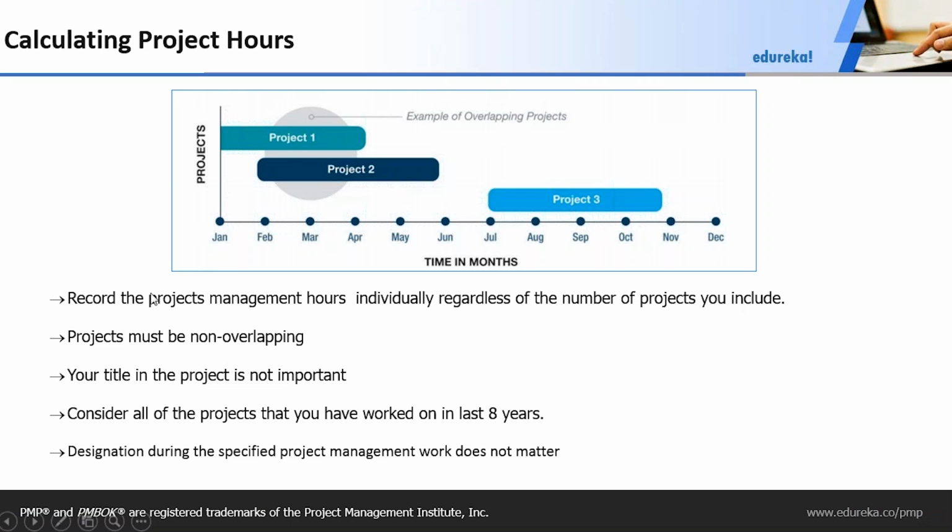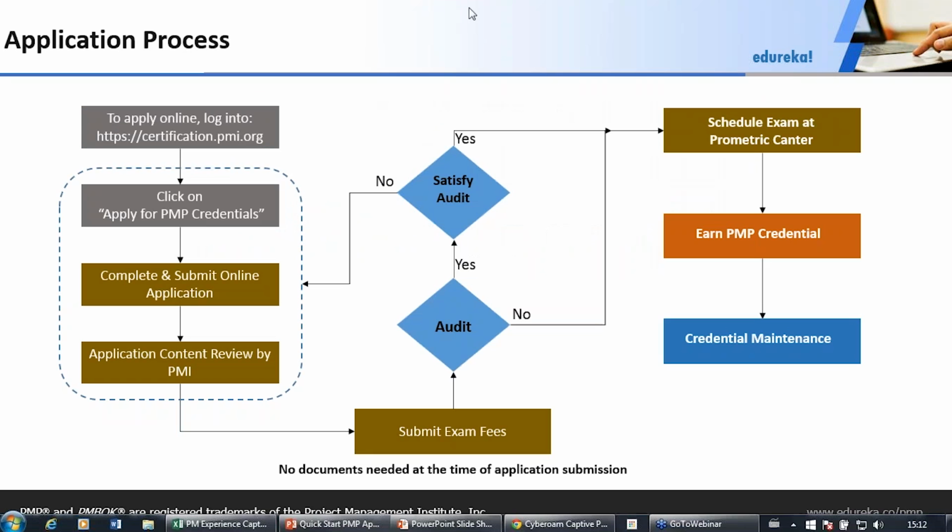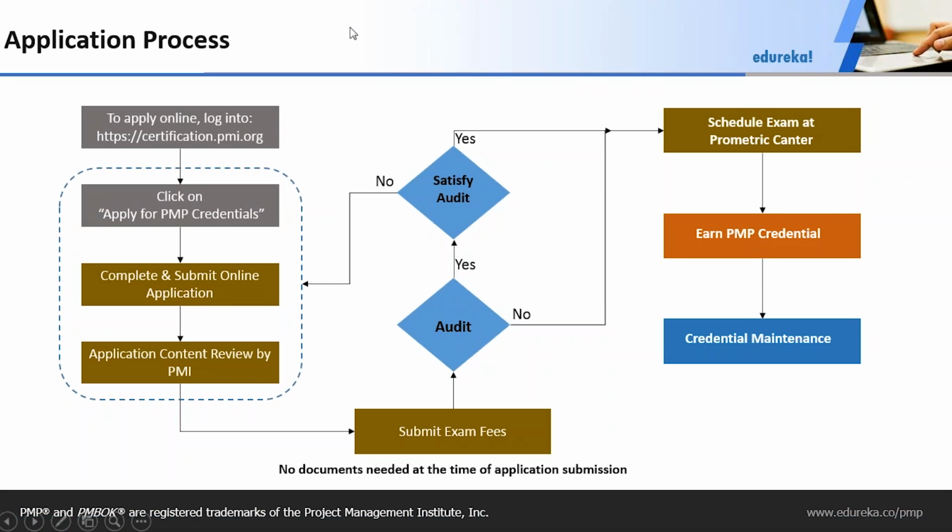And while I move to the next slide, okay, this slide talks about your application process. This slide is giving you a complete overview, a very high level overview of the application process. So the first step, the moment you decide to go for PMP examination and you have to submit the application and you have completed your training, then the first step is go to this following link which is there in the slide,